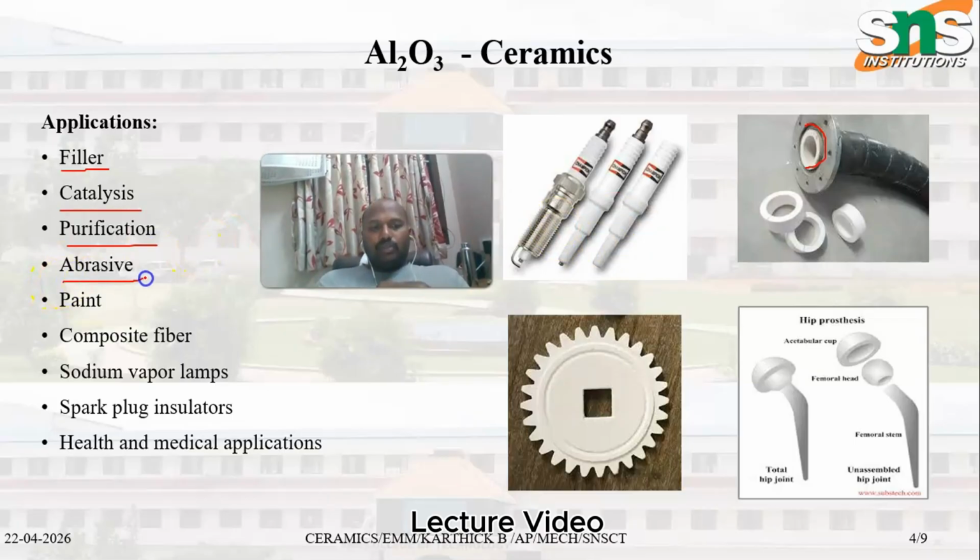and it is used in abrasive materials. Aluminum oxide is used as a paint, sometimes as a composite fiber, and mainly in sodium vapor lamps. Nowadays these aluminum oxides are used in spark plug insulators. If you remove the spark plug from the engine, you can see this white layer. This is nothing but the alumina, Al2O3,